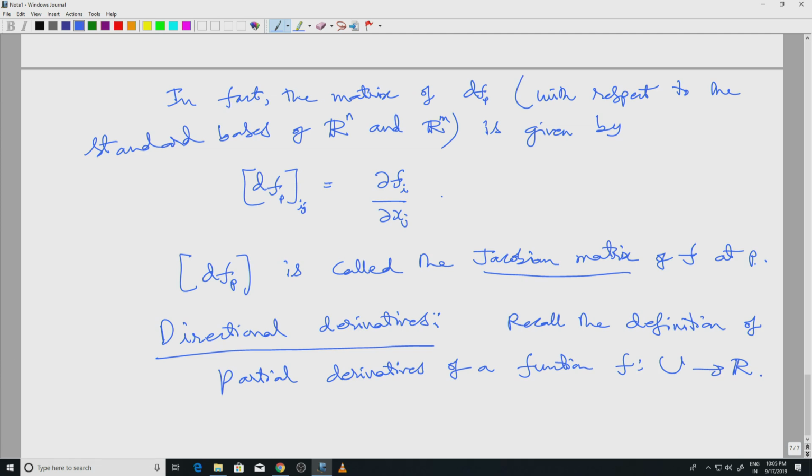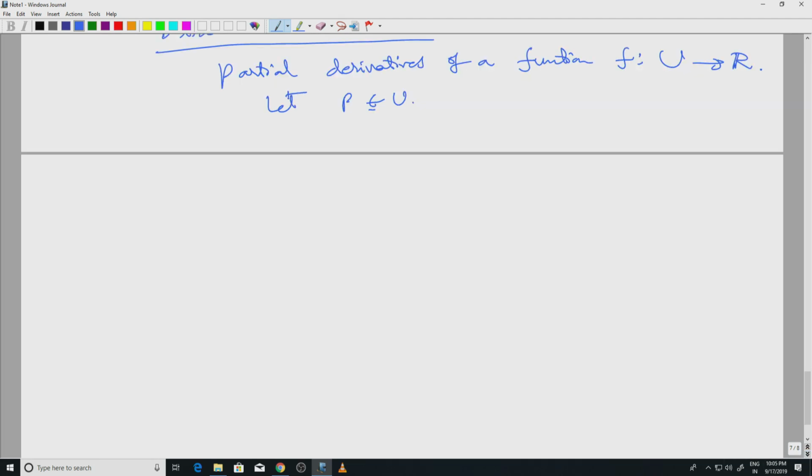As usual, I'll take a point P in U. So this U is in Rn. For each direction in Rn, I have the partial derivative, del f by del xi at P. So this is by definition the limit